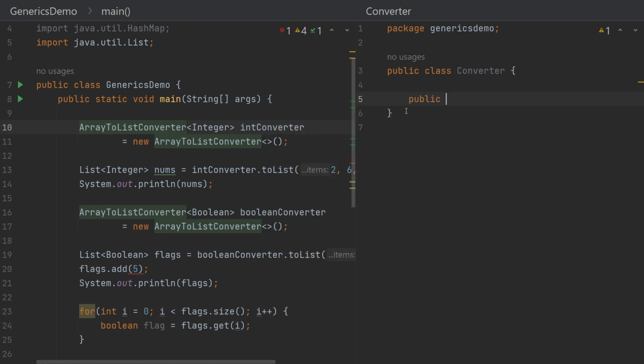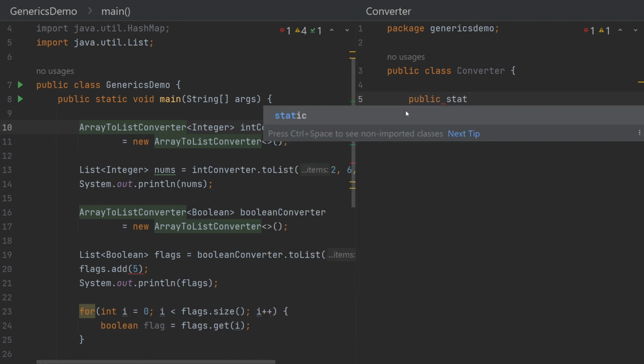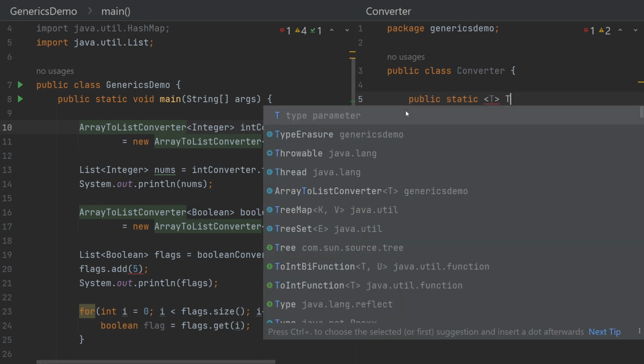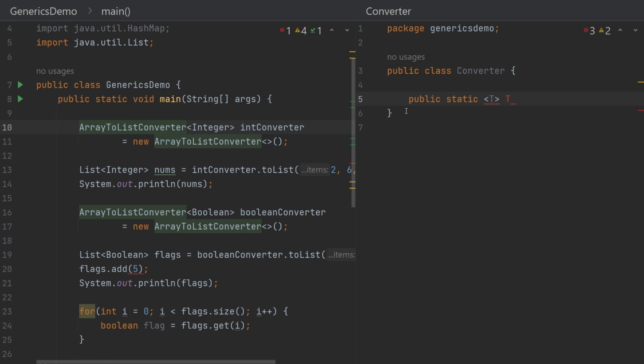It's going to be a public method, and I'm going to create a static method. Then we define the type parameter in the method itself. We use the angle brackets and T, for example, meaning this method is going to be a generic method and the type parameter of this method is going to be T. We can use any other letter, let's say E, that's going to be fine. So let's say T, and the return type of the method is going to be the same T. Name of the method,